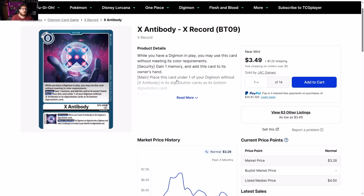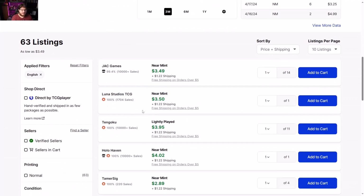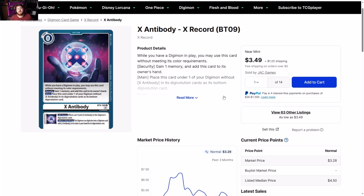First card we're going to talk about is none other than X Antibody from X Record BT09. This card is sitting at a whopping $3.49, which is like $3.50. Not terrible. You can definitely pick up a couple of these and get rid of that shipping charge, and you'll be all set. Originally, I do remember people were saying, nah, this X Antibody BT9 card is not going to